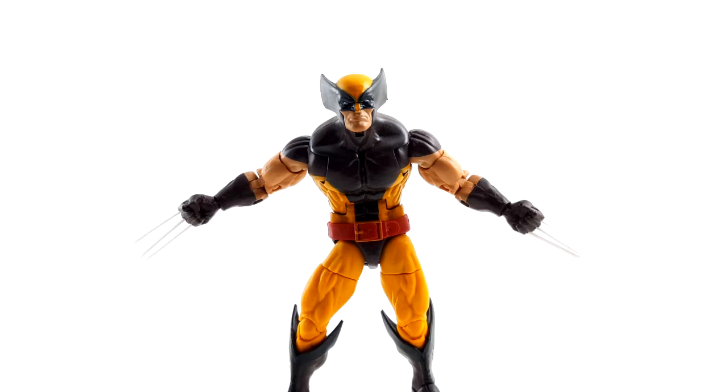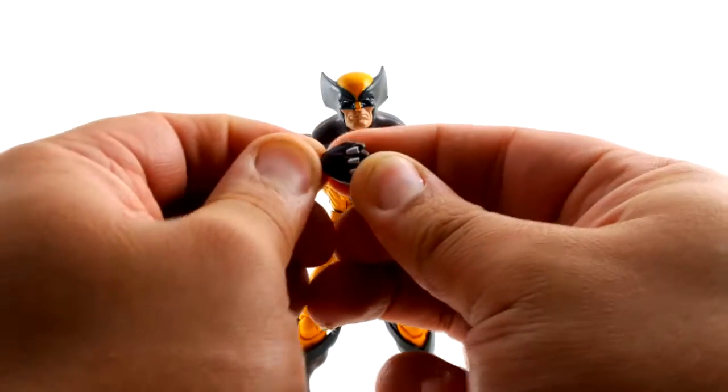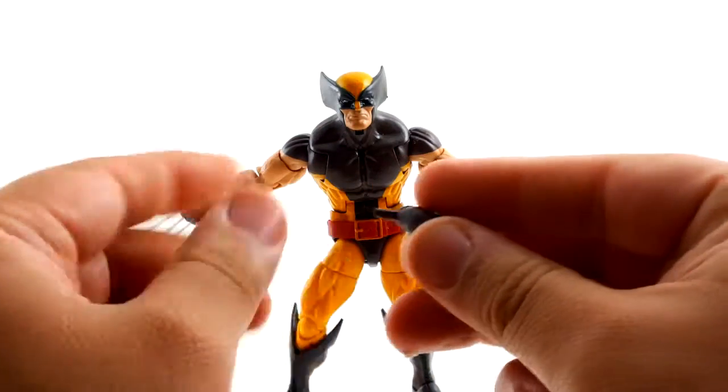Alright, so here's Mr. Wolverine himself in all of his adamantium glory. Real quick, we'll take a look at his accessories, which is these fisted hands here. That's what we got for Mr. Wolverine. Now, these fisted hands, they're easy to swap. Just pull them out. I'd be careful, though. This figure does have very,